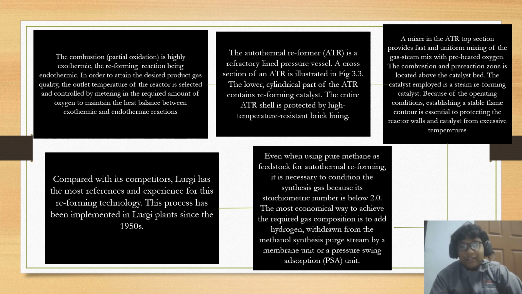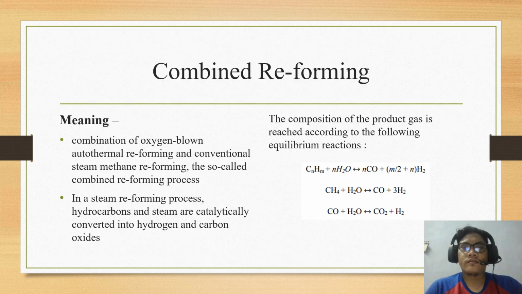Combined reforming. This means a combination of oxygen-blown autothermal reforming and conventional steam methane reforming, the so-called combined reforming process. In a steam reforming process, hydrocarbon and steam are catalytically converted into hydrogen and carbon oxides. The composition of the product gas is reached according to the following equilibrium reaction, which is CnHm + nH2O